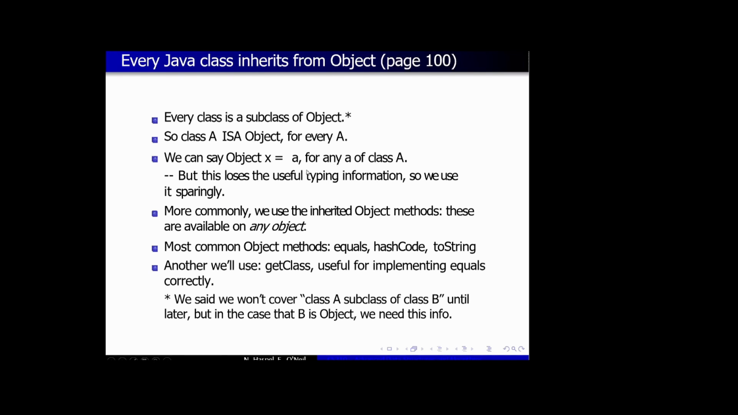Okay, but it's important to know this relationship because we can use the Object methods, because these are available on any object, since any object is a subclass of Object. So equals, hashCode, and toString are the most commonly used ones. But we're going to be using still another one called getClass when we implement equals. Okay, so these four methods are very useful. So let's